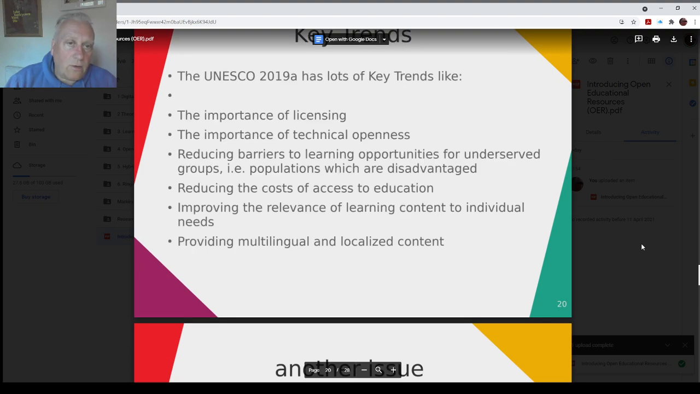And as such, UNESCO have come up with this report, which I'm referencing at the end, with these key trends. The importance of licensing, which I'll come back to in a second. The importance of technical openness. How does one resource play on a different platform, like a mobile phone, a desktop, a laptop, a tablet, and so on and so forth, even a television. Reducing barriers to learning opportunities for underserved groups. That means populations which are disadvantaged, either through health or through economic concerns. So reducing the cost of access to education is important, as Bill Gates was pointing out in that clip